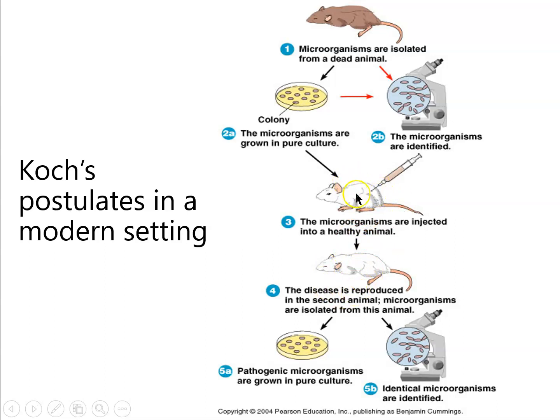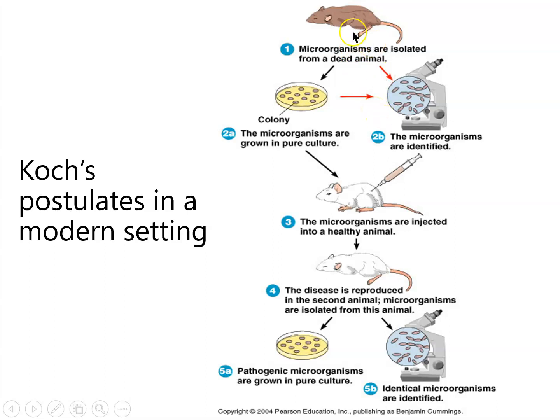What they're not showing is that you should have other mice nearby, and you don't introduce the bacteria to them. And so they are healthy mice. They stay healthy. These ones get the disease. So then, from these ones, isolate the bacteria again, get them in pure culture, analyze them, and verify that they are the same as the ones you identified before. If you've done this,